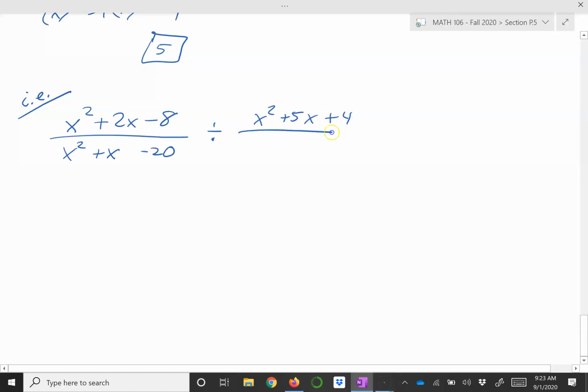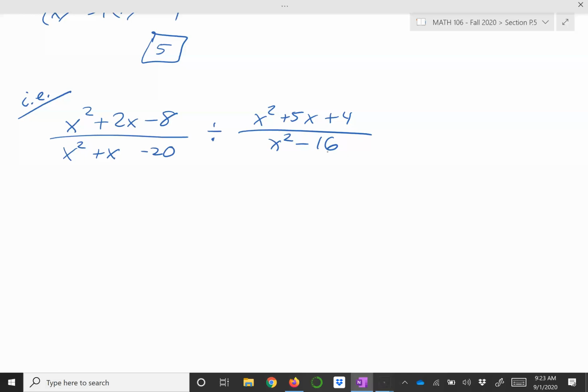Here we go. Here's a good one. We'll have to do a little bit of factoring on this one. All right, that's our divide symbol. Nope, I wanted to do... All right, so